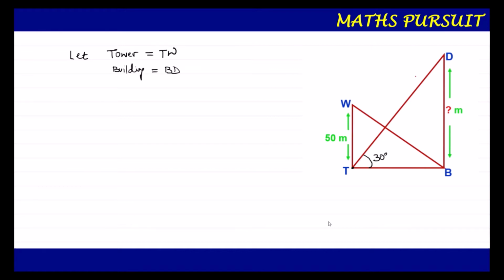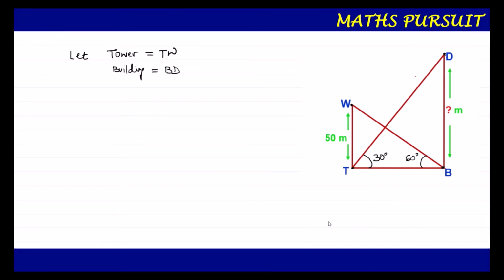Now the other thing being given is that the angle of elevation of the top of the tower from the foot of the building is 60 degree. If a person comes to the foot of the building and looks to the top of the tower, which is W, so here the top of the tower is W and the top of the building is D. From the foot of the tower, looking to the point D, the angle formed is 30 degree. If a person looks from the point B, the foot of the building, to the top of the tower, the angle that forms is 60 degree. This is given in the question.